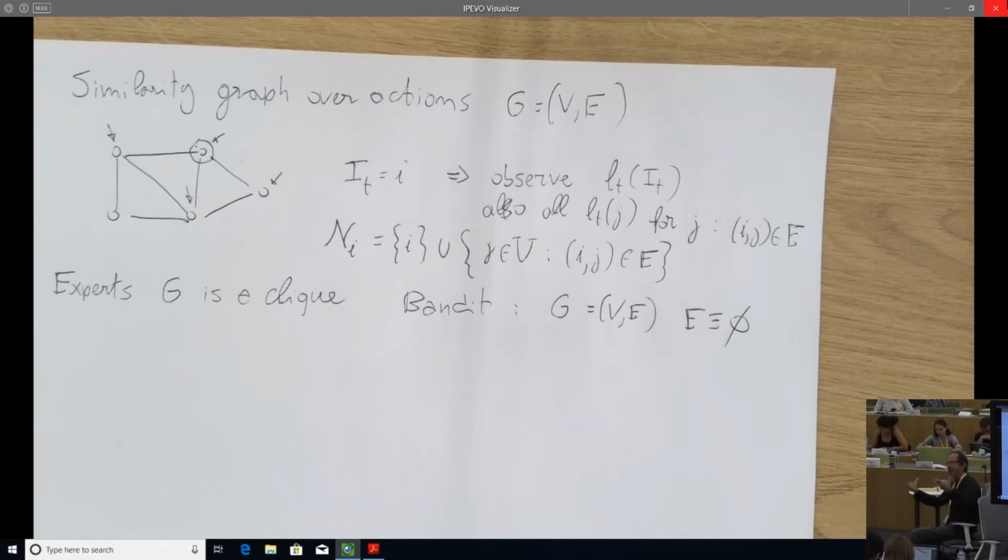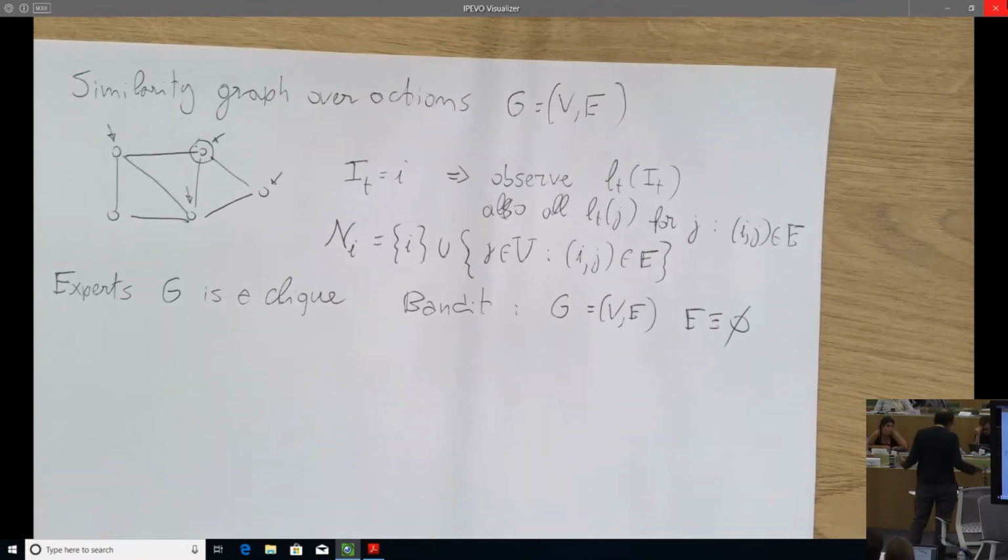Now I can interpolate, and this graph will tell me the communication pattern that my learning process has at its disposal, right? The learning process can rely on this communication pattern among actions. Now you can imagine things like, maybe this action has a high degree, so I should pick it more often than the others, because every time I pick that action, maybe I incur a big loss, but I know a lot. Because this action has a big neighborhood, so I know the losses of all the actions that are similar to that. So you may imagine there are some nice trade-offs going on here, okay?